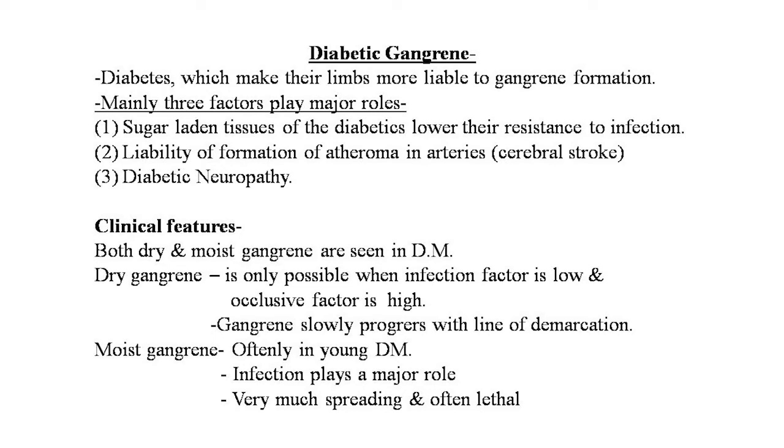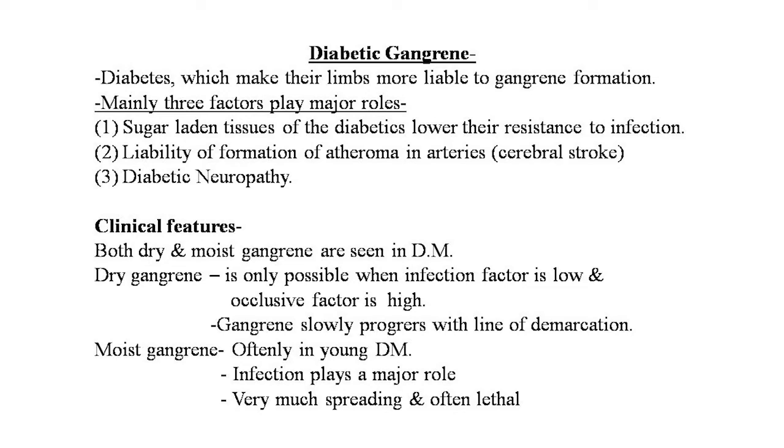More than 60% of deaths of diabetes take place from cerebral hemorrhage as a result of the atherosclerotic changes in the cerebral artery due to diabetes and the increased sugar and viscosity of the blood. And third, the peculiarity of diabetes is diabetic neuropathy. This impairs sensation and thus exposes the lower limbs to more injuries and infections.